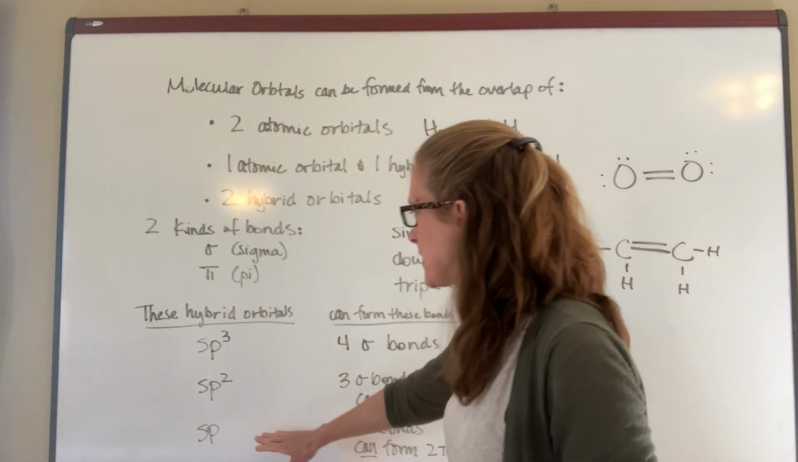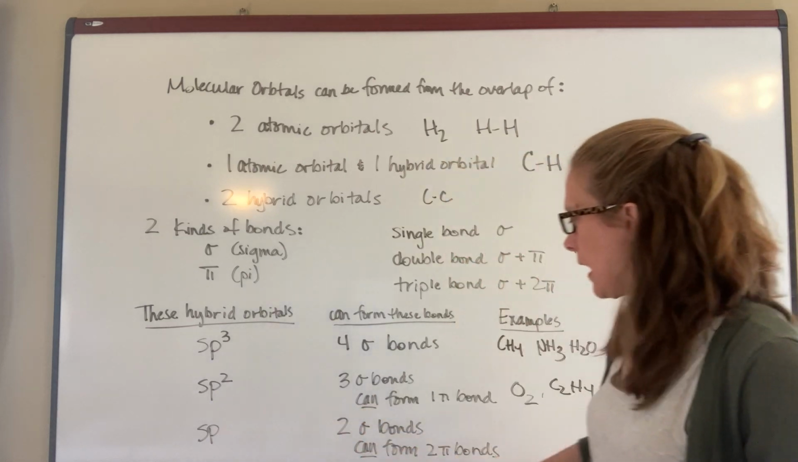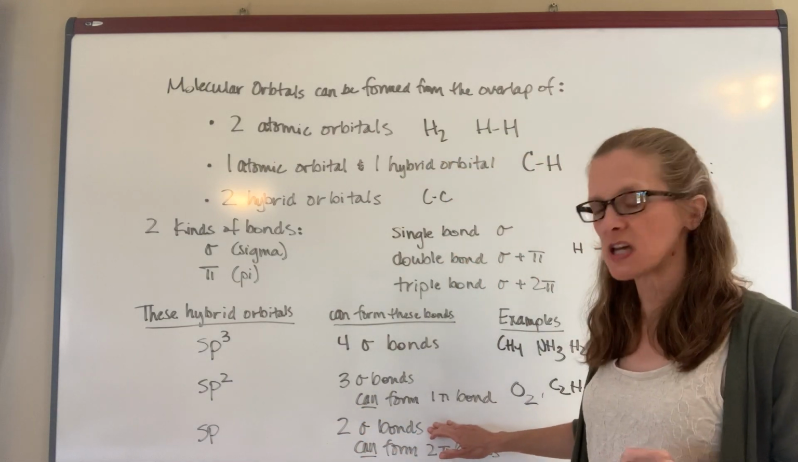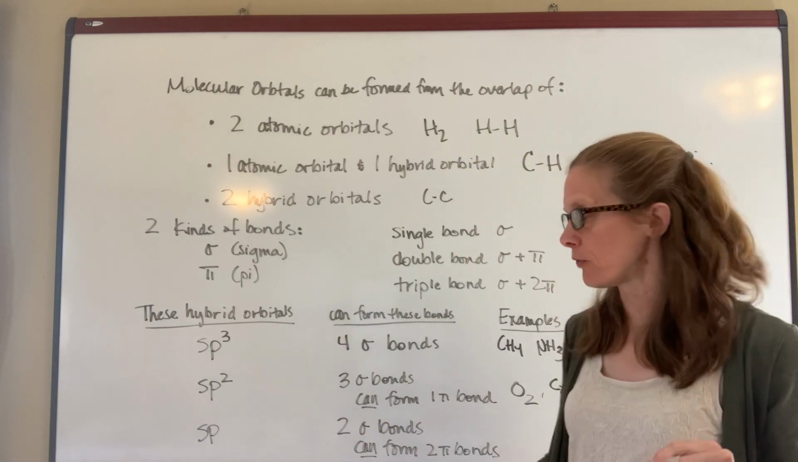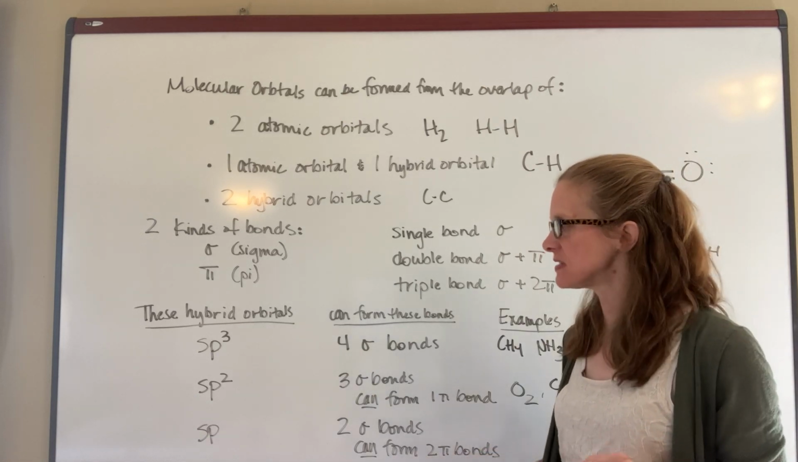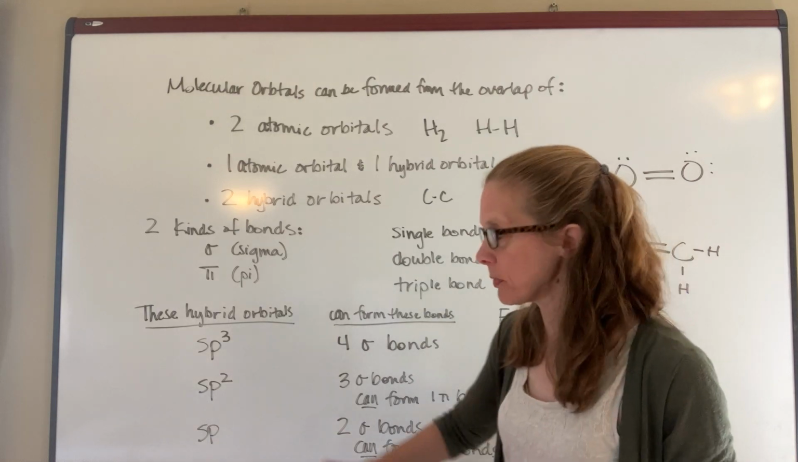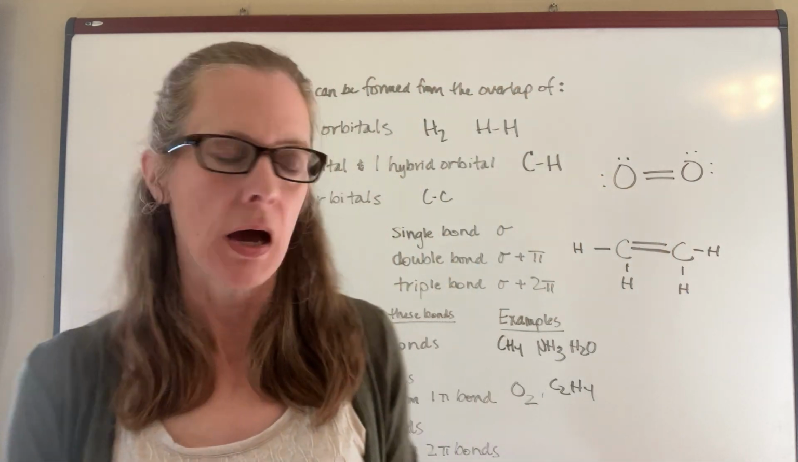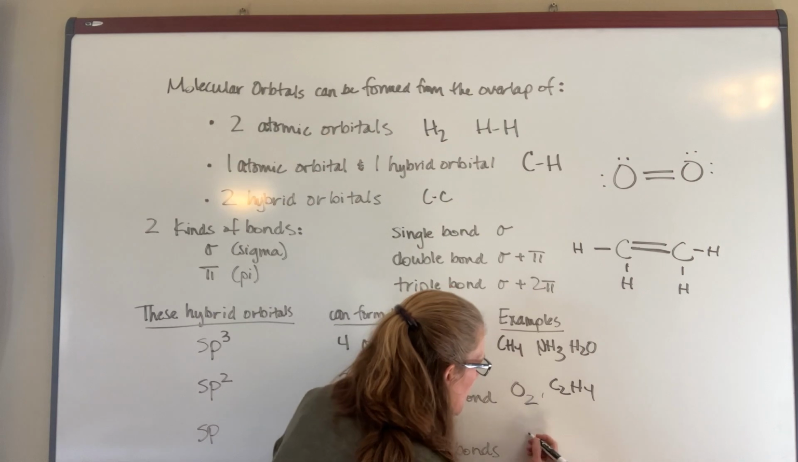Finally, sp hybridization is going to form 2 sigma bonds. It is possible for it to form as many as 2 more pi bonds because it's got two p orbitals that it has not hybridized. The best example of this one is